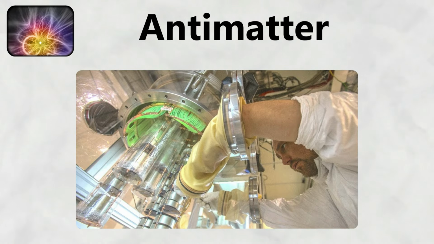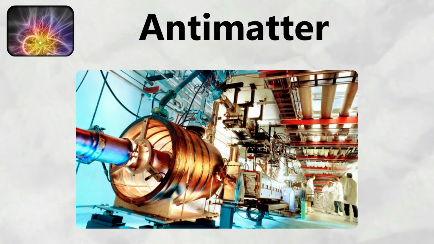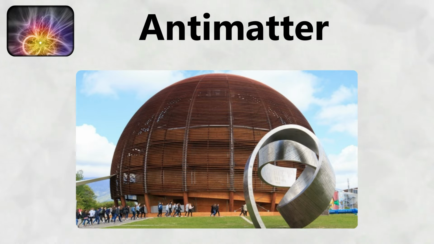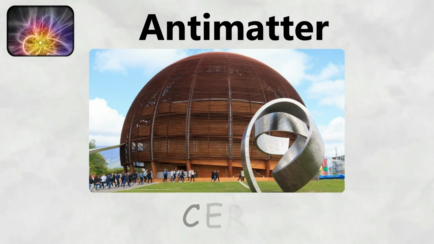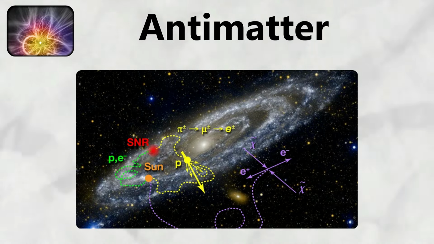Laboratories can artificially create antimatter using particle accelerators that smash high-energy particles together. These collisions produce particle-antiparticle pairs from the kinetic energy of the impact. The European Organization for Nuclear Research, known as CERN, operates facilities that can produce and briefly store small quantities of antihydrogen atoms, which consist of antiprotons orbited by positrons.